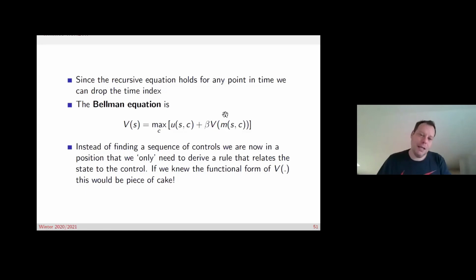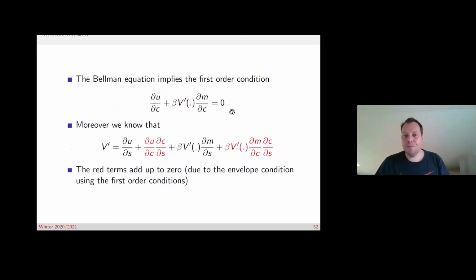But maybe I walk you through that, and I try to convey that maybe it's a little bit helpful. We do the same as last time: the first order condition of the control. This just trades off the immediate effect that an increase in the control has against the effect on the rest of the planning horizon.